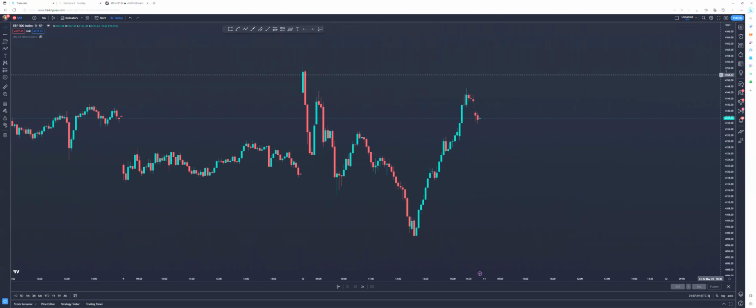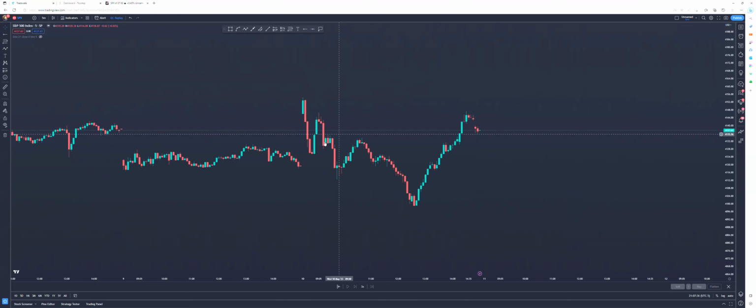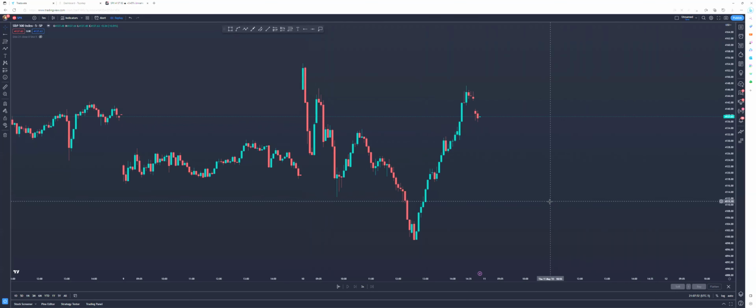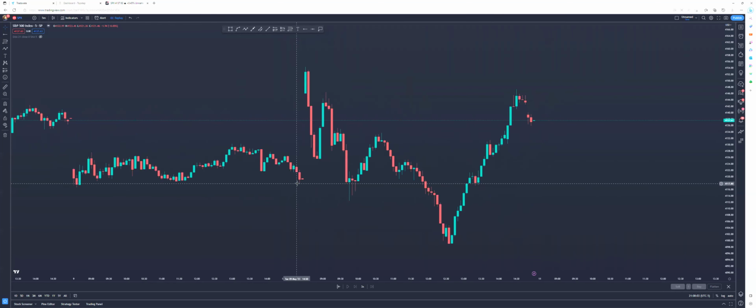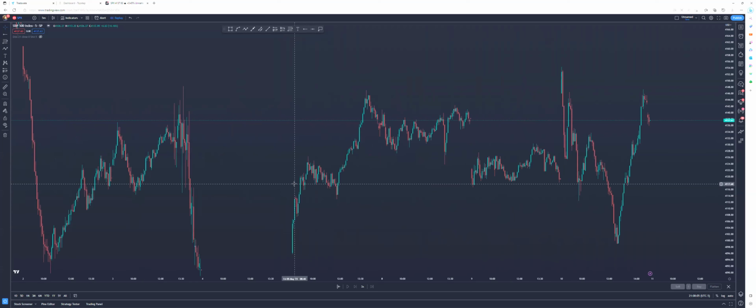Today, yes, the structure was there, but I don't know what it was. Maybe I was just off today, but it was kind of hard for me to trade. I'm not going to sit here and lie to y'all. It was hard for me to trade. But now that I go back and look at it, I don't know why. Now I'm kind of mad at myself.